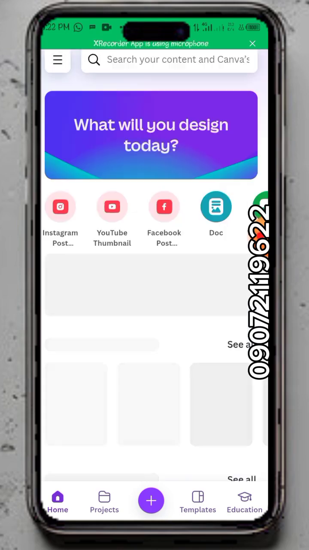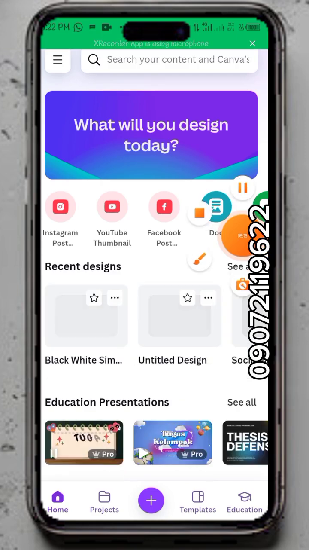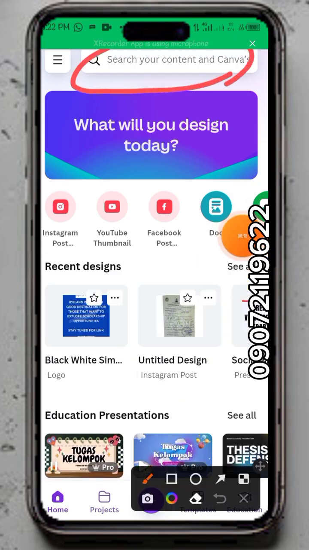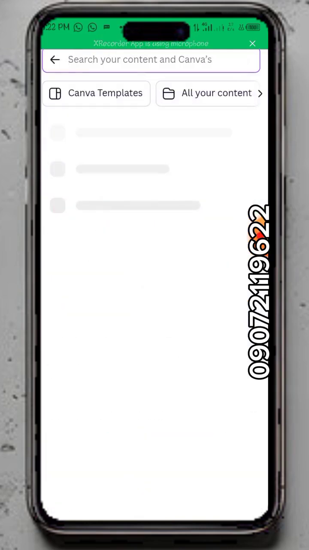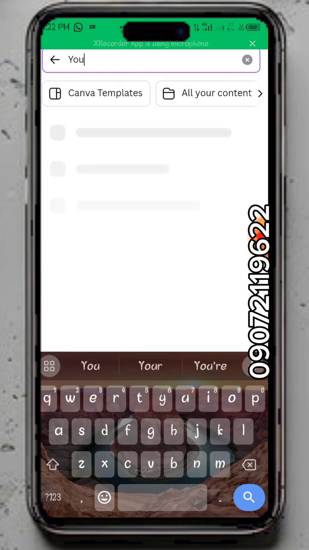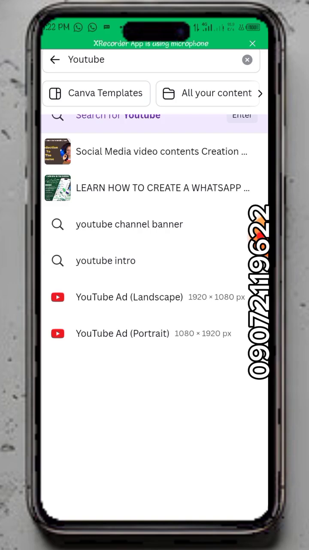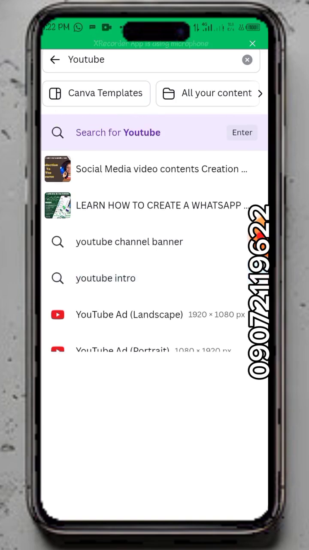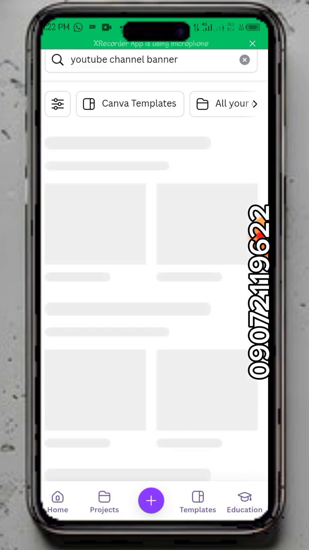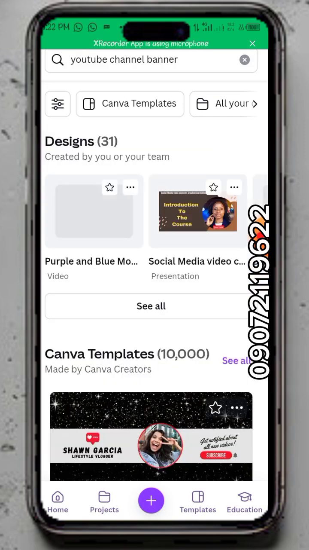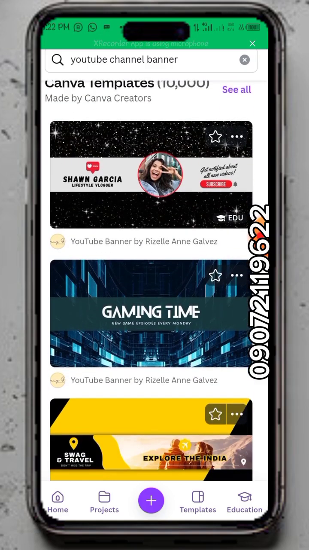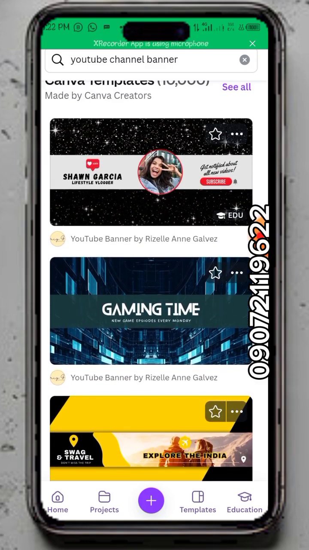Let it load, and you can just come to this search button here. Click on search and look for YouTube banner. Just search for YouTube. You will see all the templates of YouTube now. You can see YouTube channel banner, YouTube intro, YouTube ad, landscape, portrait. So I'm looking for YouTube channel banner. And these are the templates. So I can just take this one